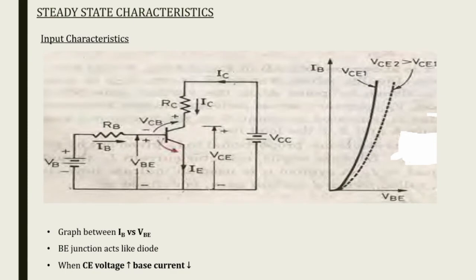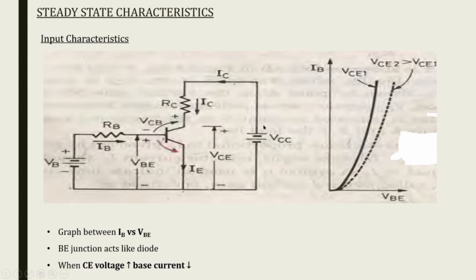In the case of switching applications, normally BJT will use the common emitter configuration. Everyone will know the different configurations. Previously you might have studied common emitter, common base, common collector, the different configurations. In that, the common emitter configuration is used in the case of switching applications. That is, the emitter will be common for both the base and collector. So this is the normal figure of a common emitter configuration.